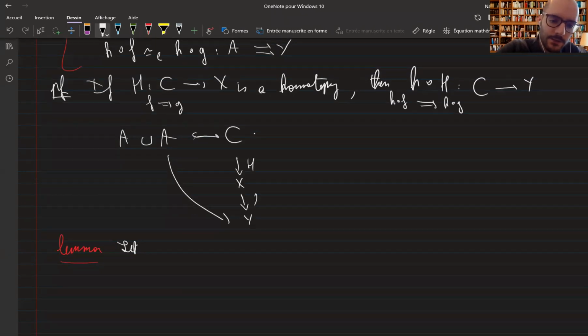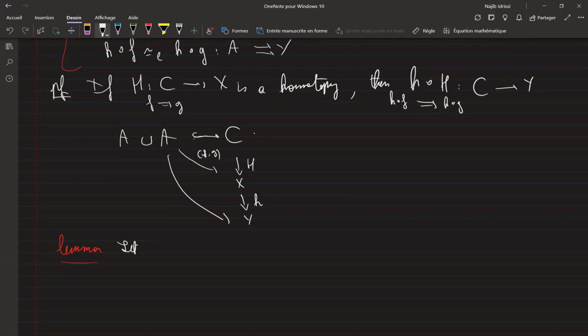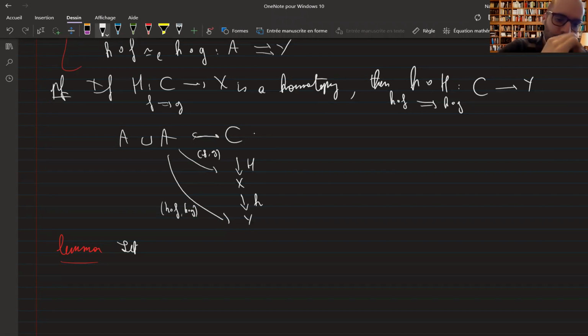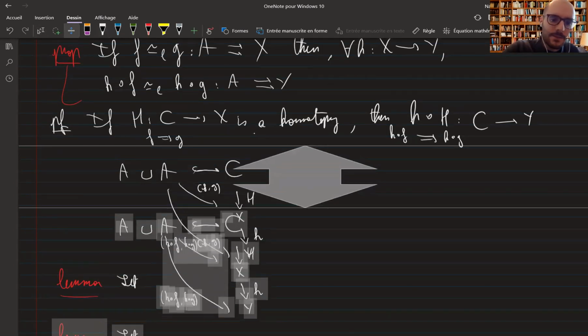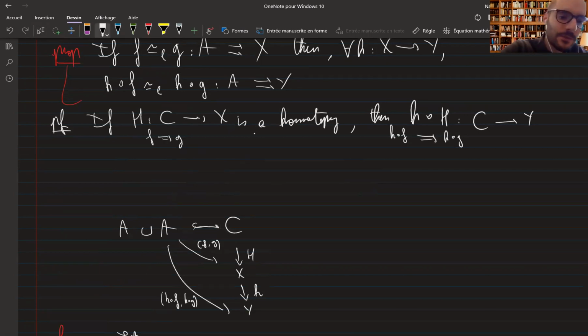Okay, this is H, this is little h, this was F and G, and this was H circle F, H circle G. Right, sorry. Yeah, okay, and maybe if I write everything correctly, it becomes clearer why it doesn't work